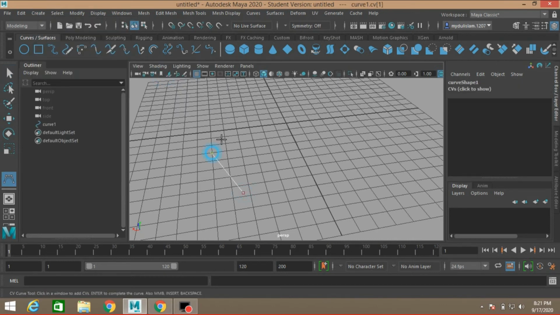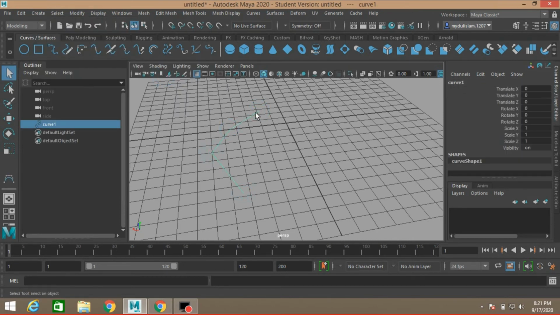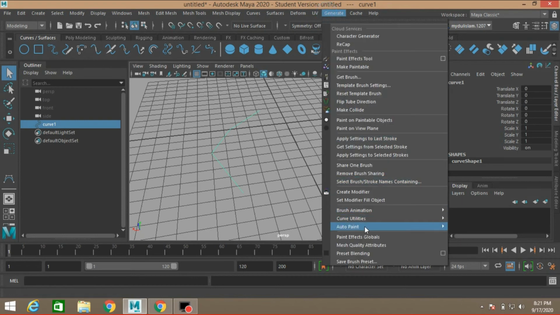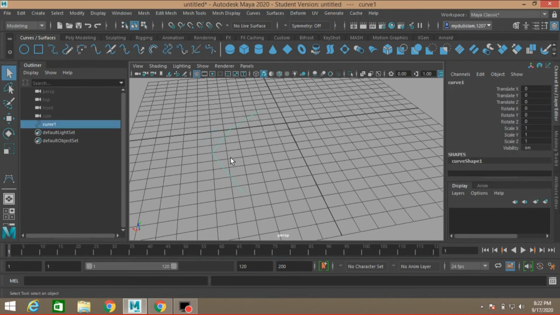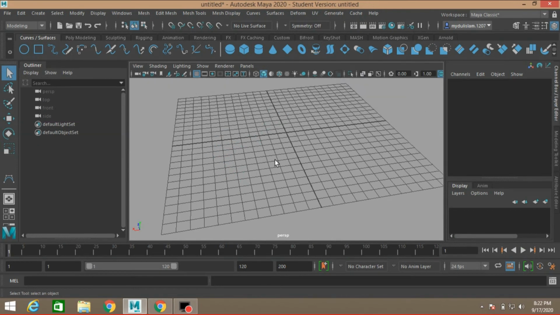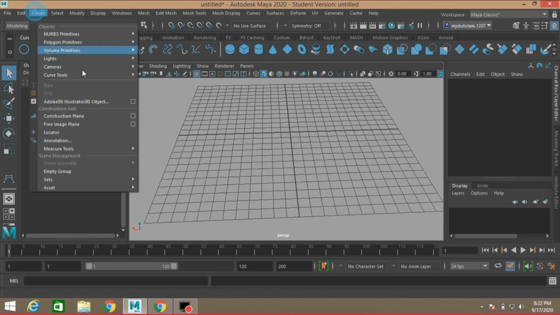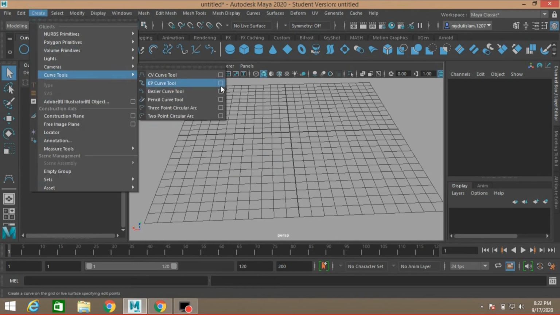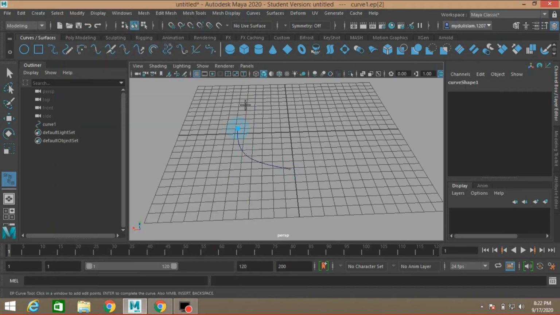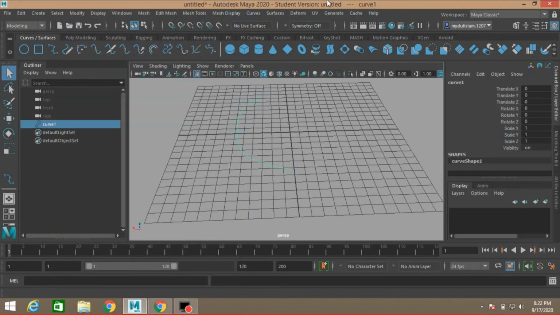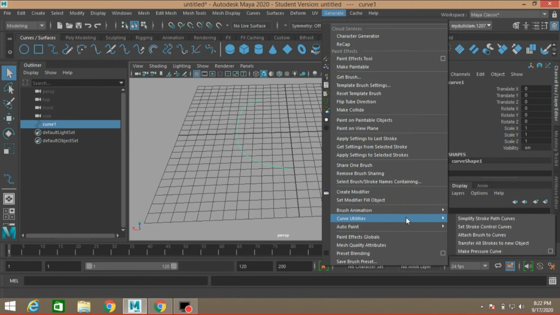Now select the CV curve, just draw, press enter, go to generate curve utilities, attach brush to curve. See, you can do the same for the EP curve. Create curve tool, EP curve, reset the tool, draw, press enter, generate curve utilities, attach brush to curve.